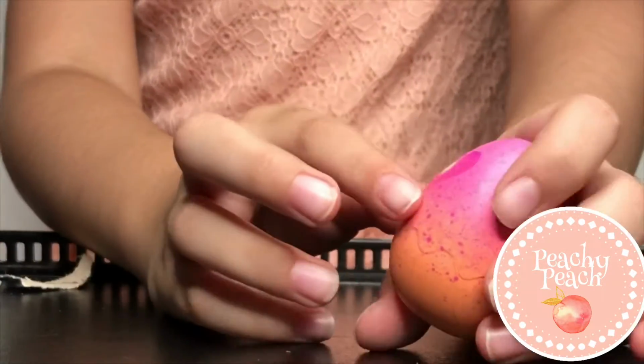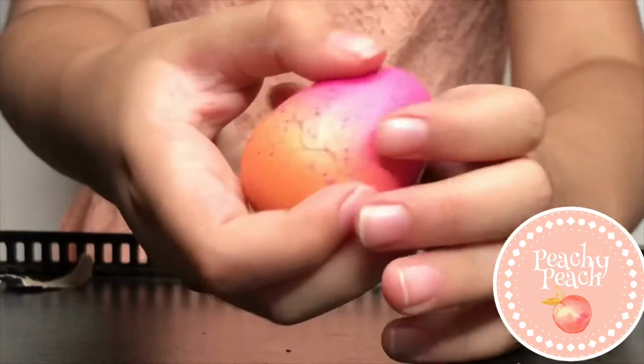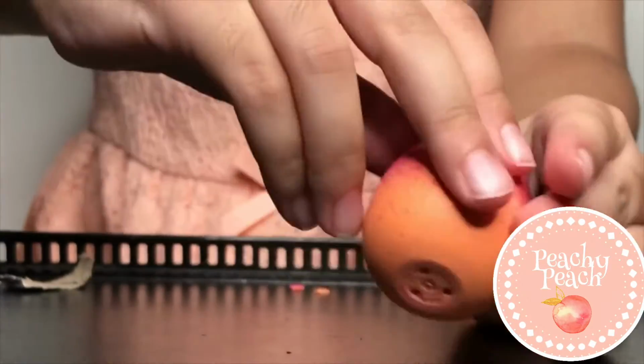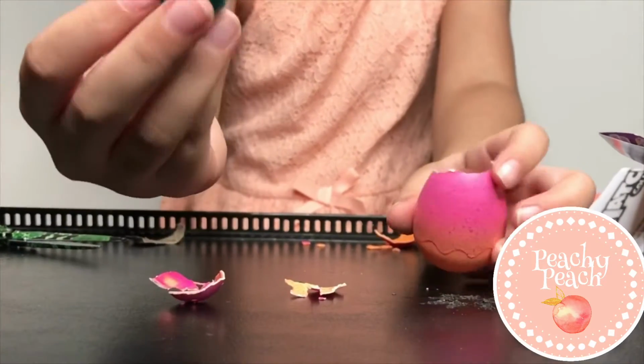So I used a nail filer and a little bit of it chipped off, you can see here, and now it's easier to break. Now I'll just press it and boom, it breaks. Oh, can you see this, guys? Isn't it